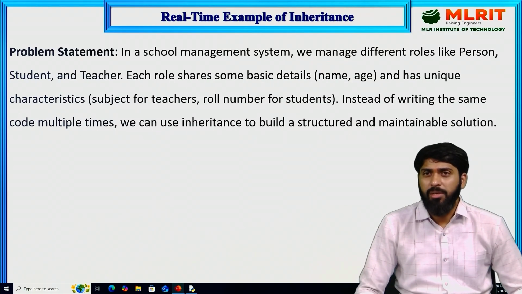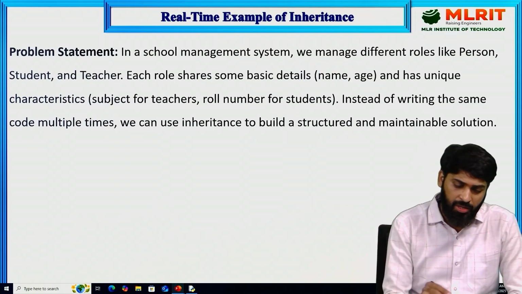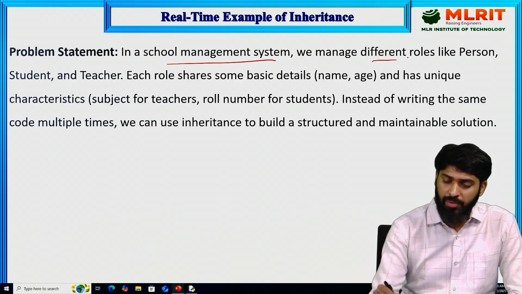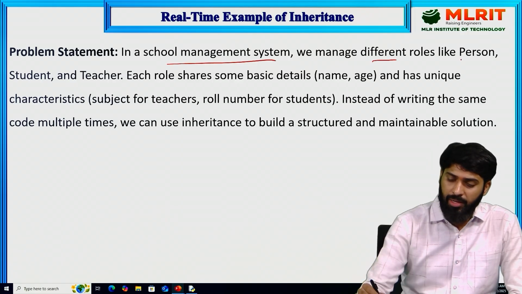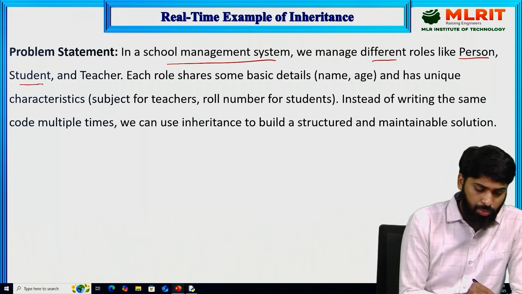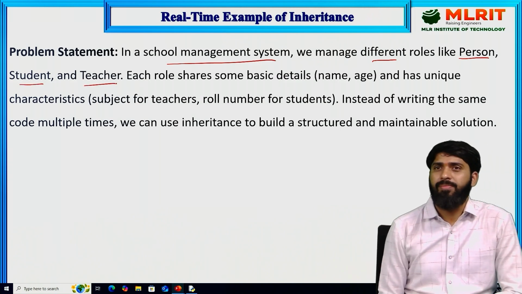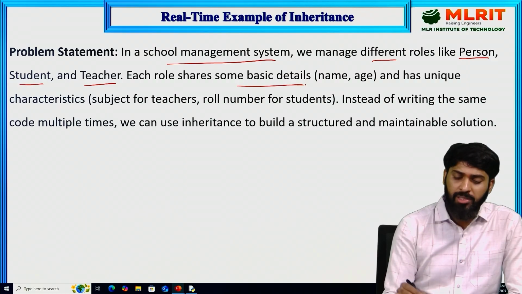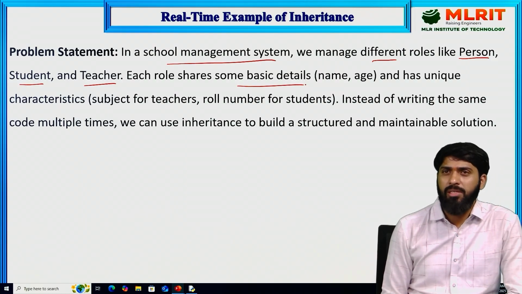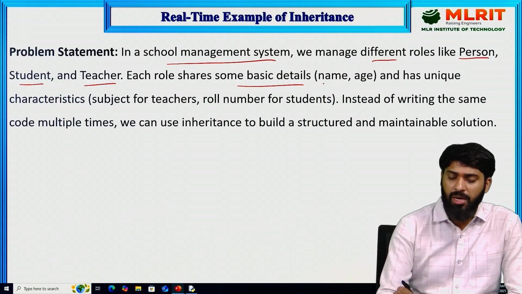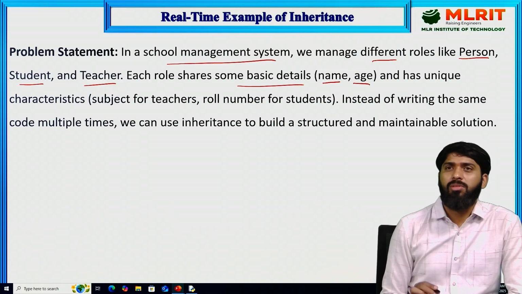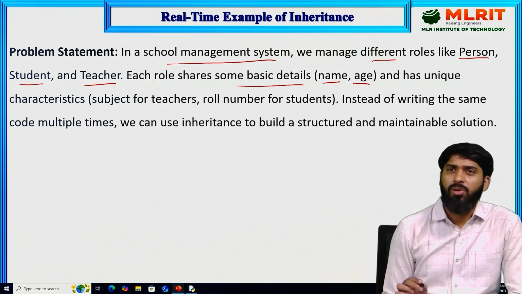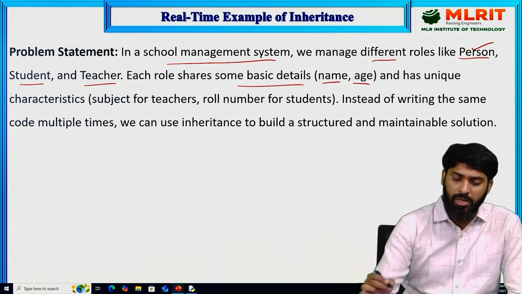Problem statement. In a school management system, we manage different roles like person, student, and teacher. Each role shares some basic details. What are the basic details? The basic details are name and age. These two attributes, name and age, are common in all the classes: